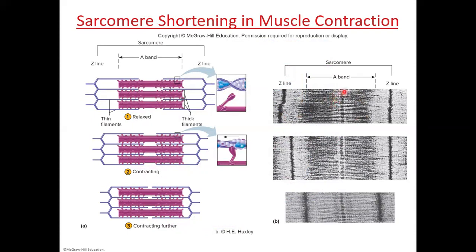You can also see this. This is a slide of a muscle tissue. You could see this happening in real time under the microscope. So you could actually see the Z line here. It started here, but you can see it's moving further and further towards